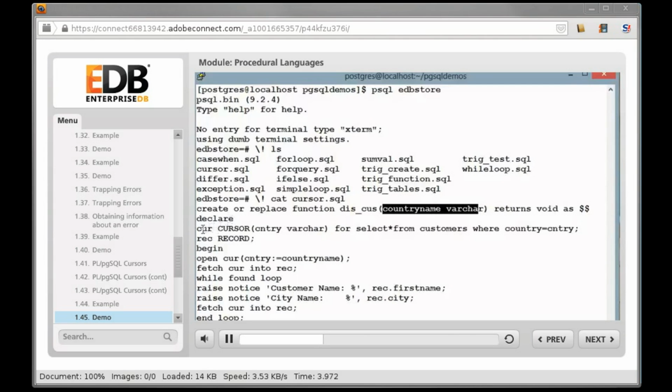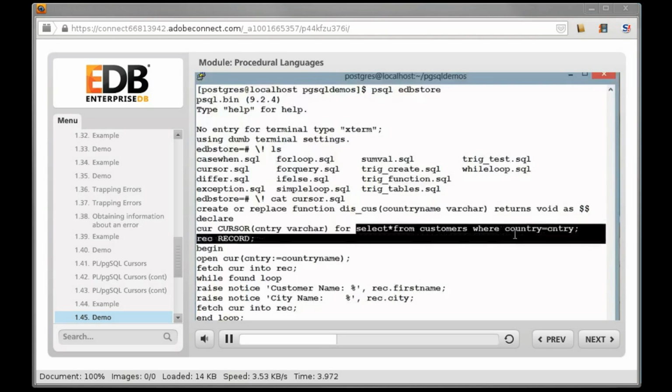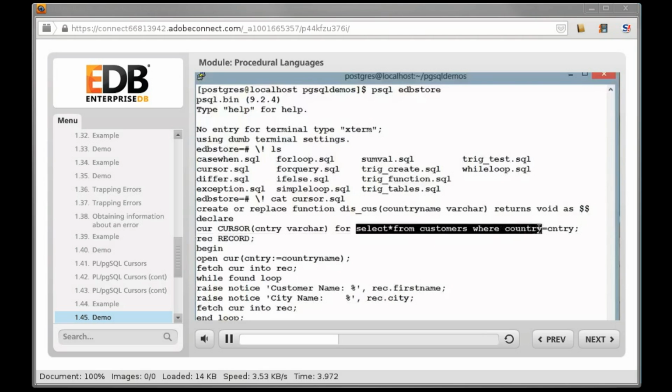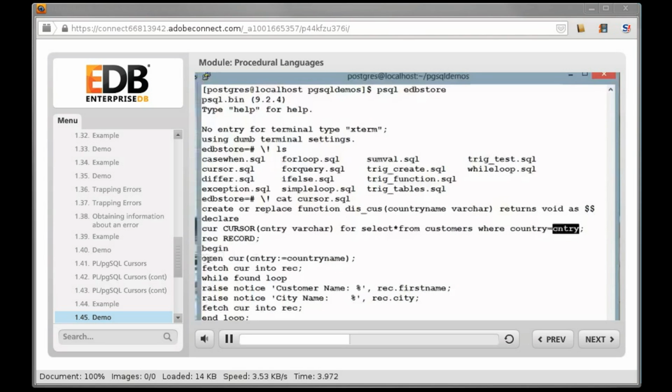So I have declared a cursor with a key. It's a bound cursor with a query, but it is a cursor with a key. The key is CNTRY, and varchar is the data type for that key, for select star from customers table, where country, a column in my table, is equal to CNTRY. So the key is passed as an input for the where condition, where it will check that the country matches that particular entry. Now when I open my cursor here,